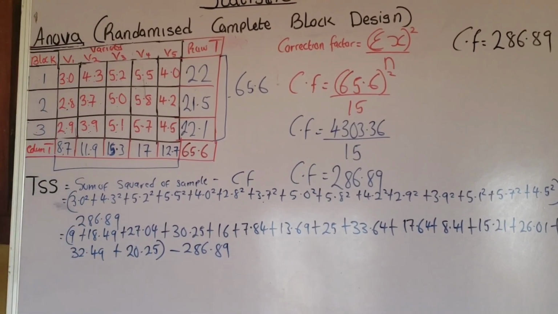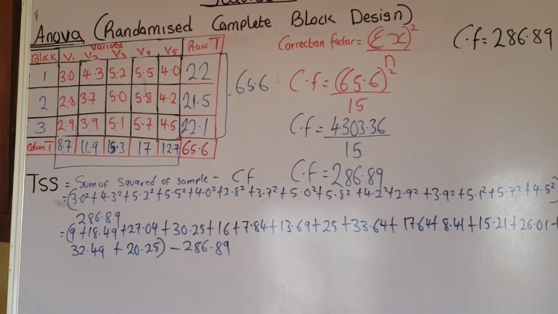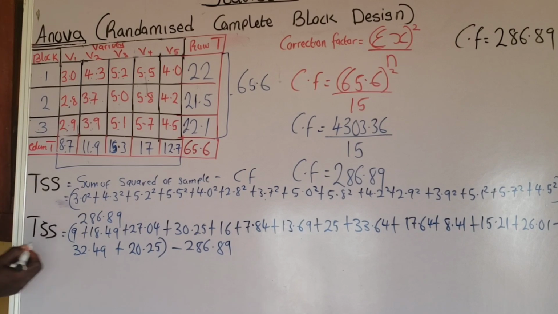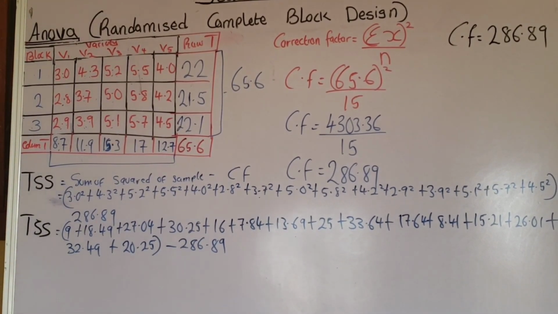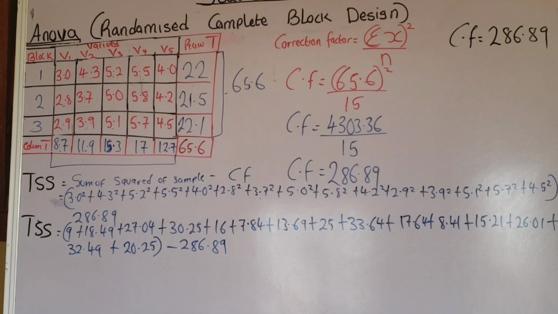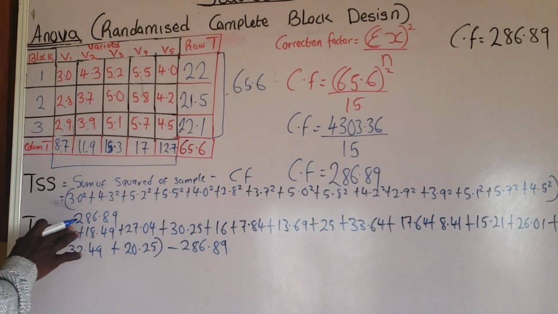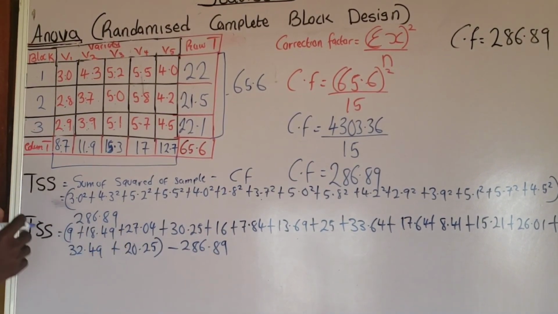286.89. You understand? This is the total sum of squared, TSS. The total sum of squared. Do you understand? If you don't understand, listen to the explanation again, okay? So now let us proceed. What is the sum of all these values? Their sum will be